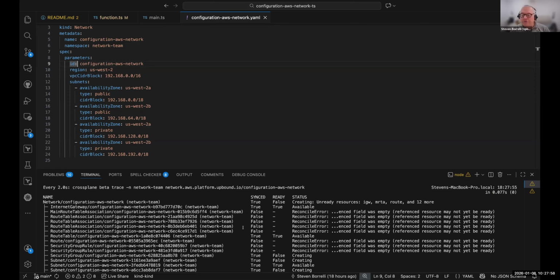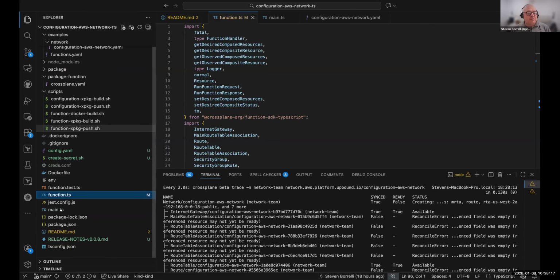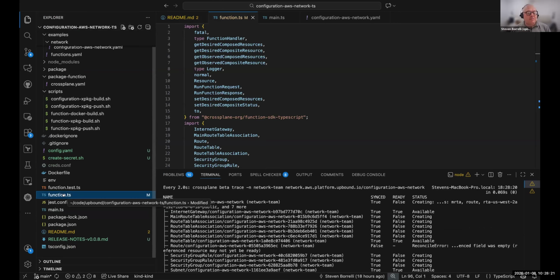So we'll just let that happen, and then we'll start walking through. We'll talk about the logic of the function, how it's packaged, and then I'll talk about the SDK and the models that I'm using to generate it. So this will be about another minute or so before it gets done. So the entry point for our function, it's very similar to the Go one, and we have two. We have a main.ts and we have a function.ts. So I am going to start at the function.ts.